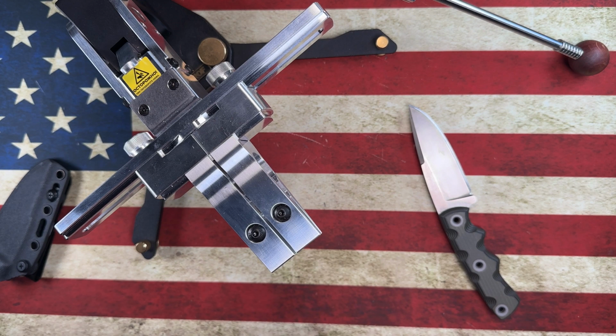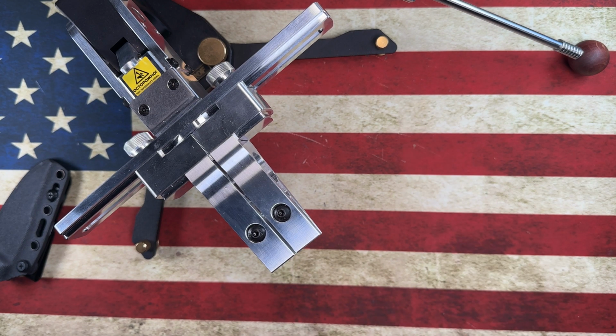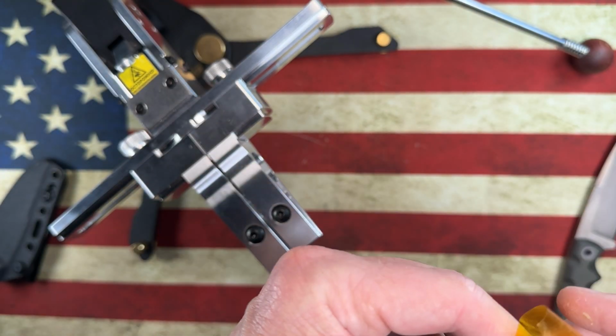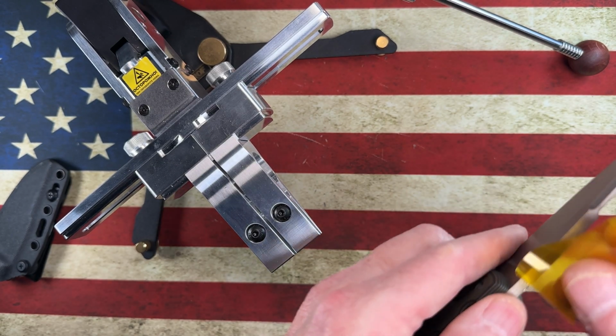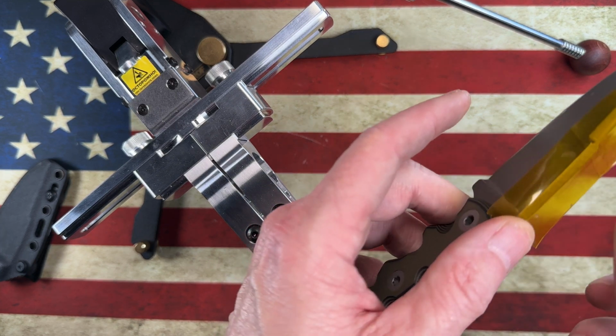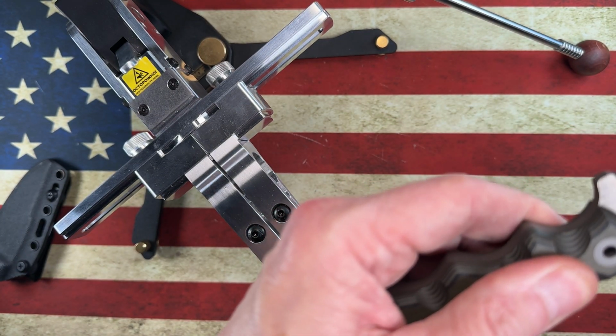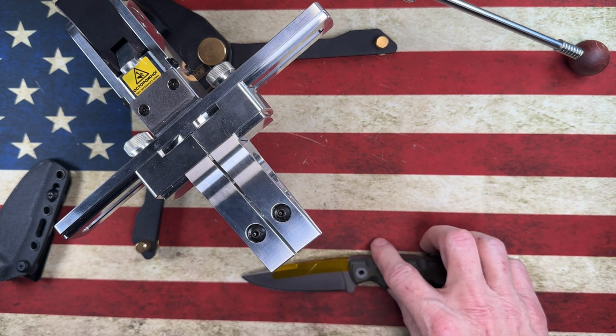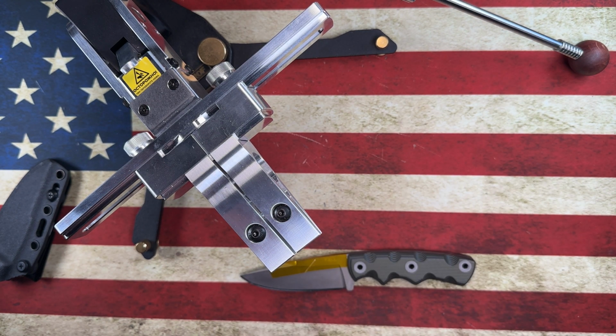get a little of this, I just use that to put on the spine just to keep any scratches or nasties off there. Alright, let's see if you guys can see the clamp. You can't see the whole unit, and that is unfortunate,